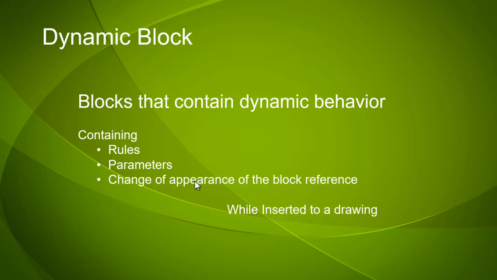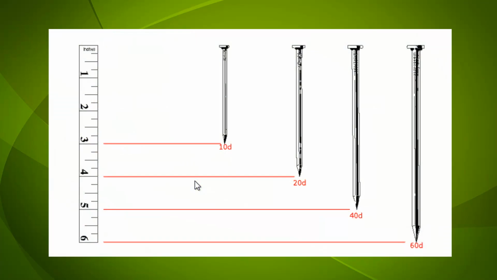So I would like to explain dynamic block with an example. Consider the drawing like this. These are the images of the standard nails available in the market. So consider the first one. This nail has a specified length that is 3 inch, whereas the second one has a specified length of 4